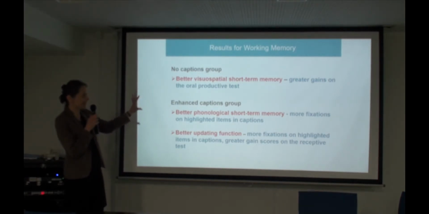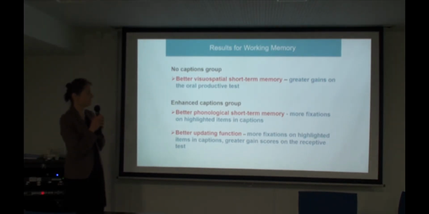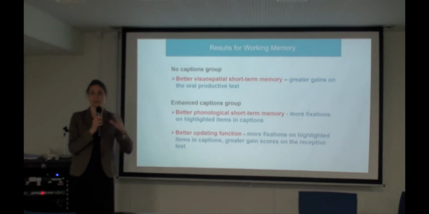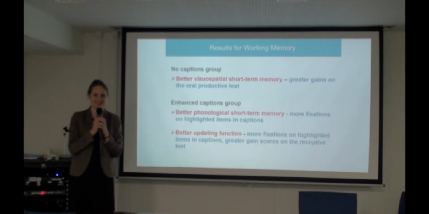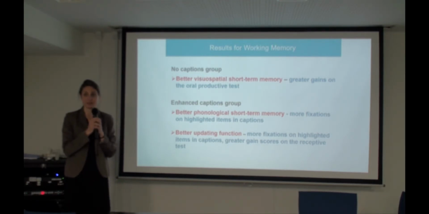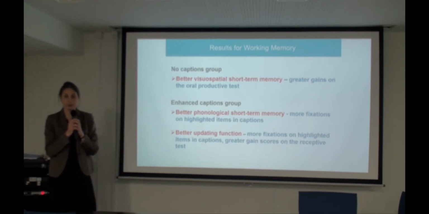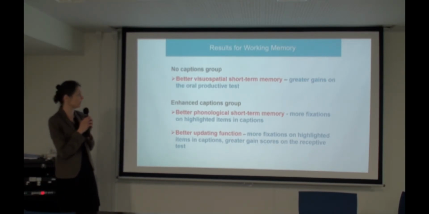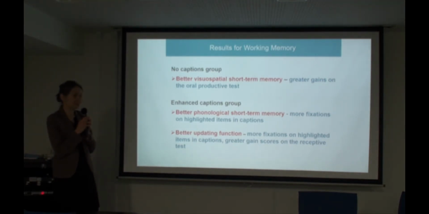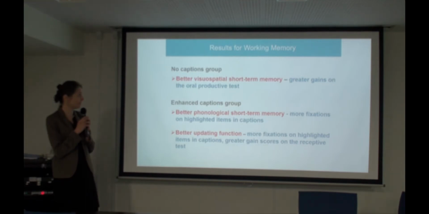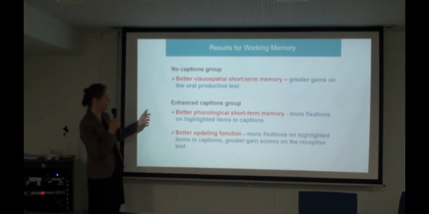There were some interesting relationships between working memory and learner gains, and also the eye tracking indices, and indeed there were some significant relationships, but we did look at many correlations here, and only very few of those actually turned out to be significant, but these are the ones which were found to play a role. So those participants in the no captions group who had better visual spatial short-term memory showed greater gains on the oral productive test. And interestingly, no correlations emerged for the captions group without any highlighting,